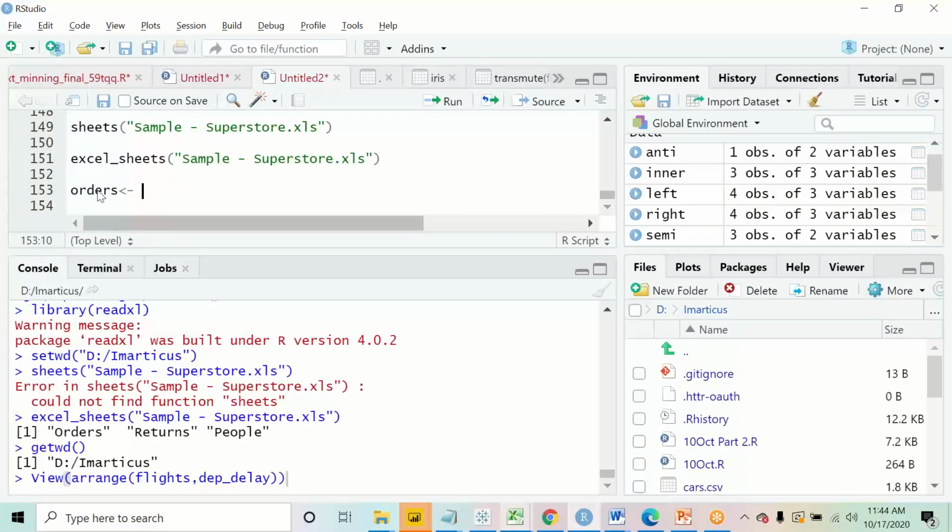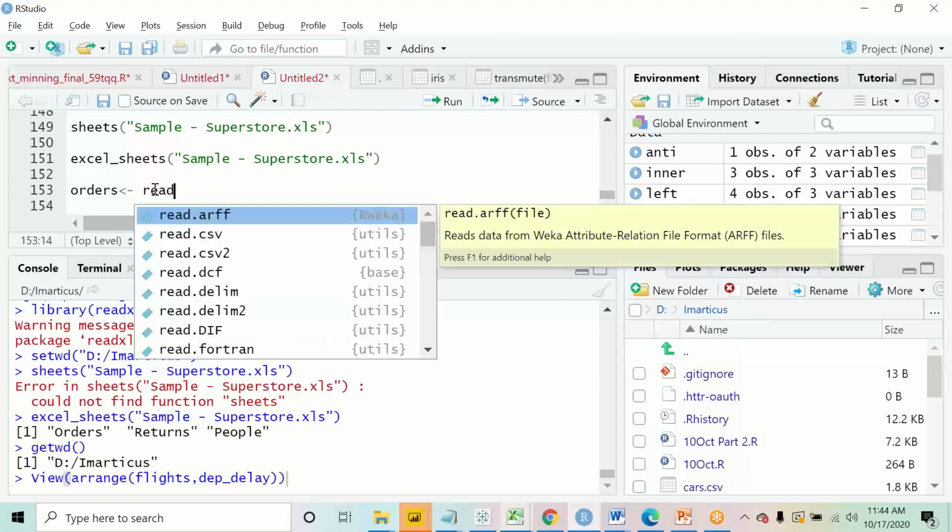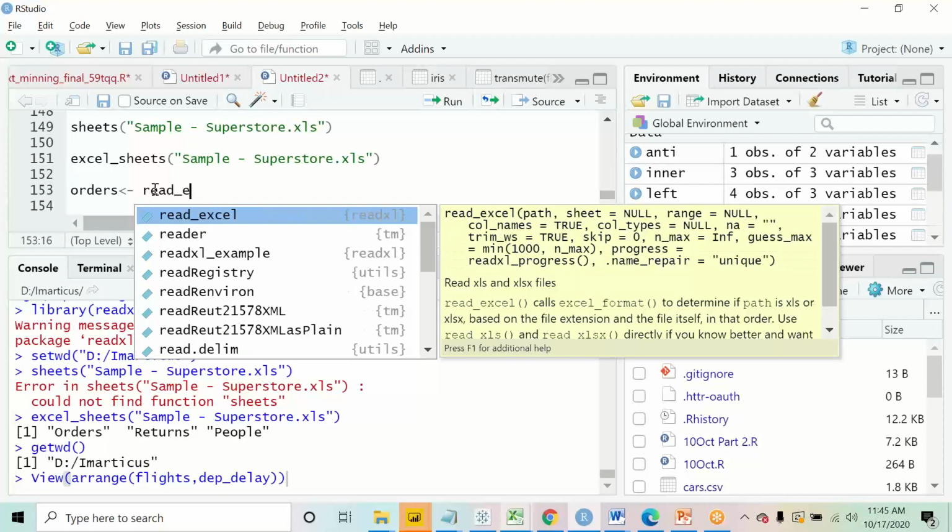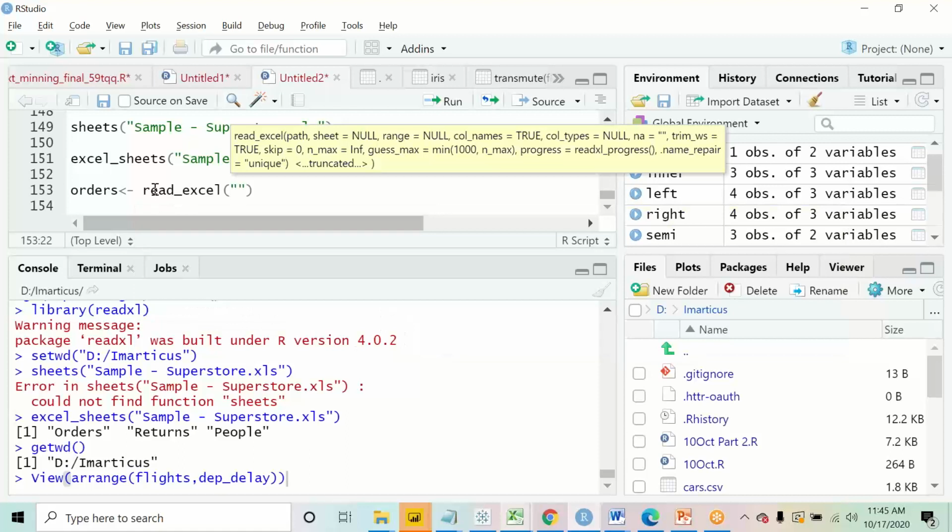First of all, I create my variable orders and I will use a function that is read_excel. You will find this function read_excel, right? Give the name of the file, that is sample superstore, then comma, give the name of the sheet that you want to load, that is orders.